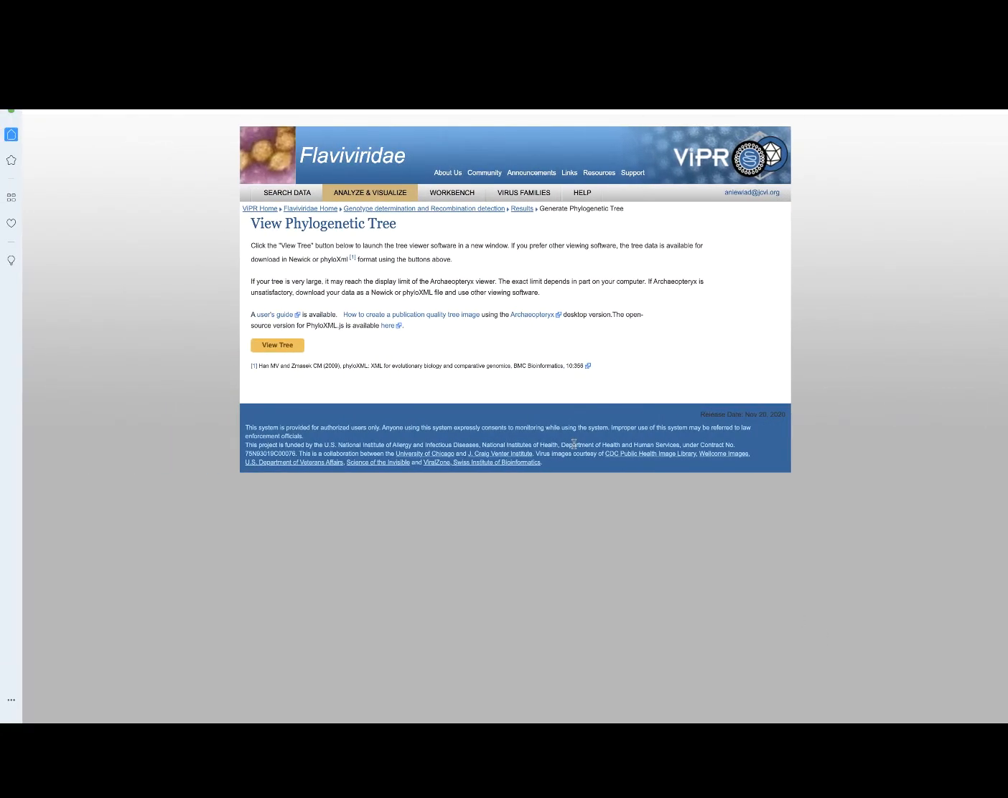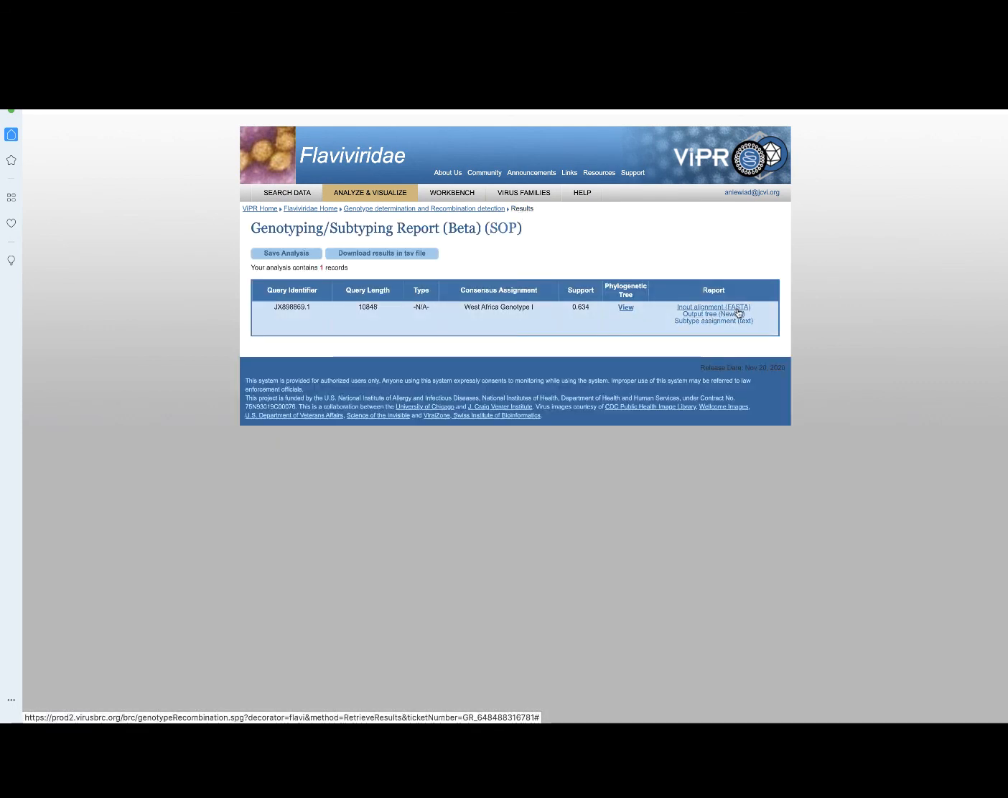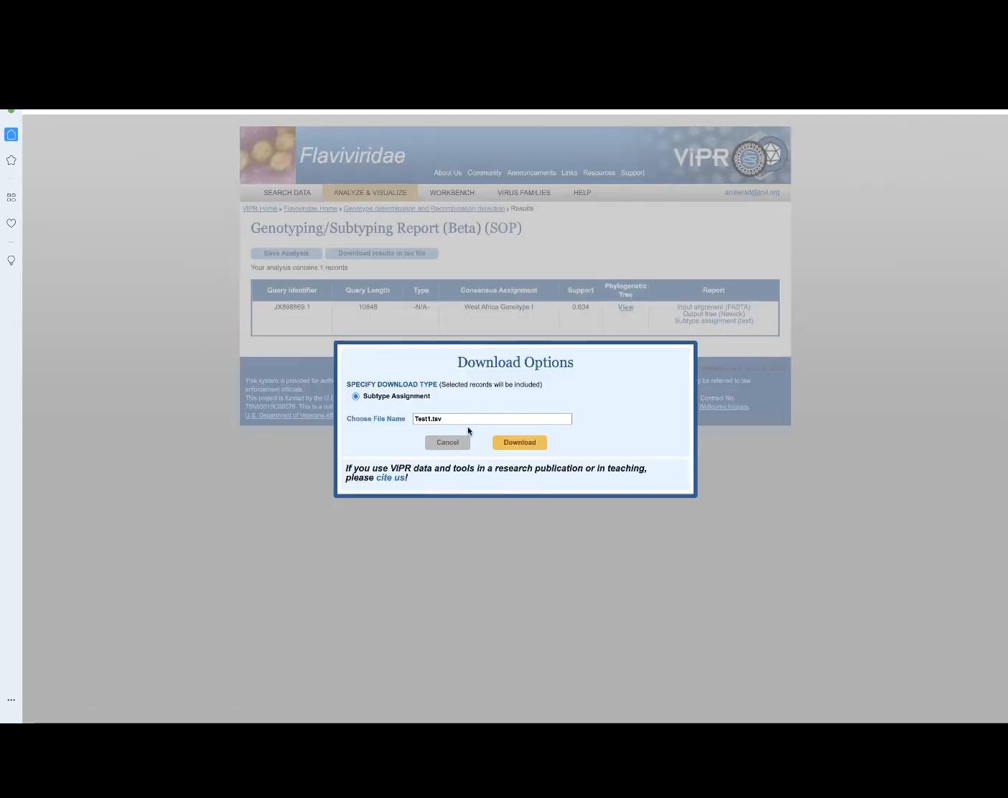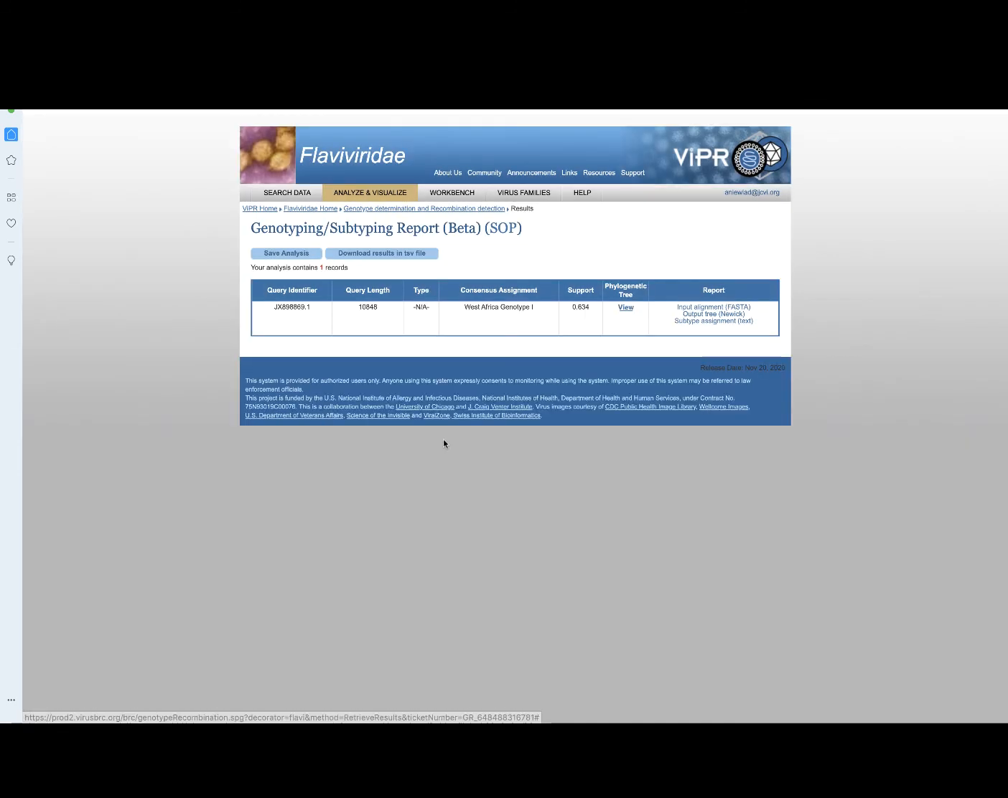So going back to the results page, you can also choose to download your input alignment as a FASTA file. You can download the output tree as a Newick file, as well as the subtype assignment just as a TSV file, which will give you the results. And this is quite handy, especially if you have a lot of genomes that are submitted at the same time. And finally, you can also just save your